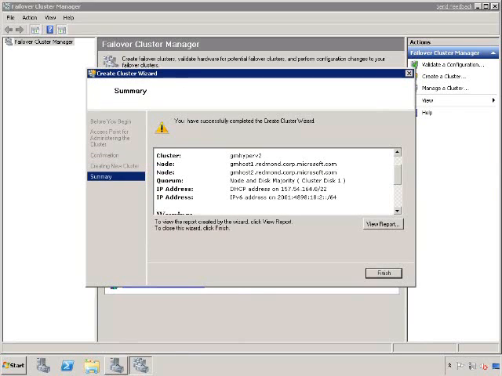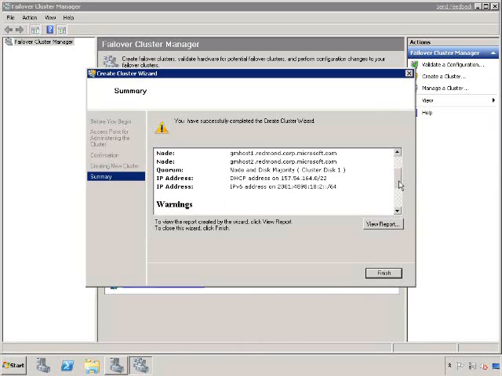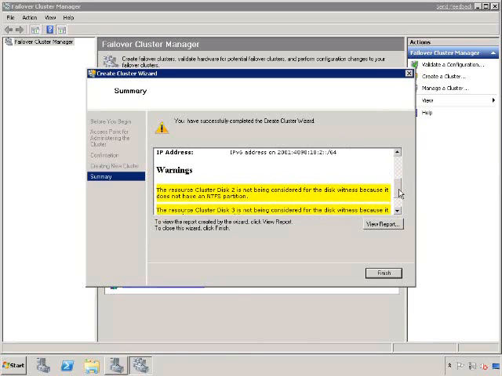Now we have a cluster called GM Hyper v2 made of two nodes, host 1 and host 2. The quorum type is node and disk majority. That's the classical shared quorum with quorum information on disk and also replicated on each of the nodes. It's got a DHCP assigned address, and since we had enabled just the one disk with an NTFS partition,